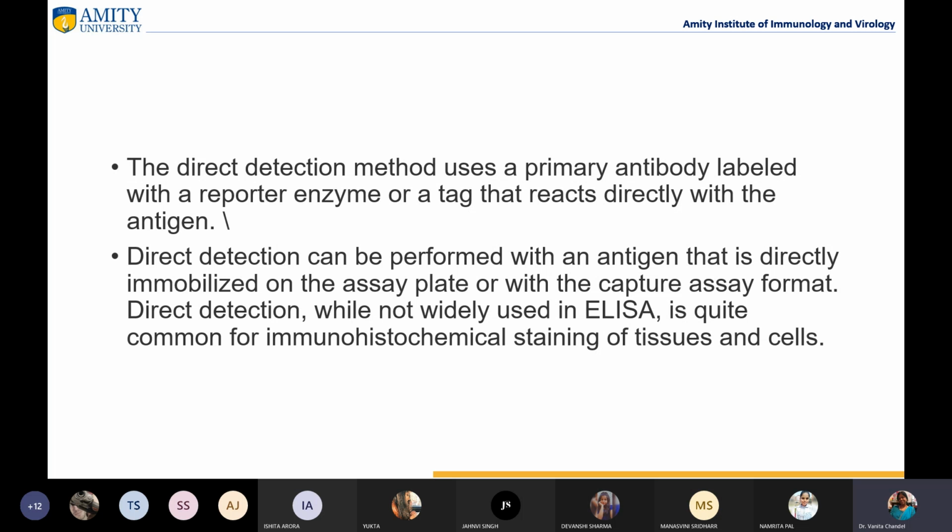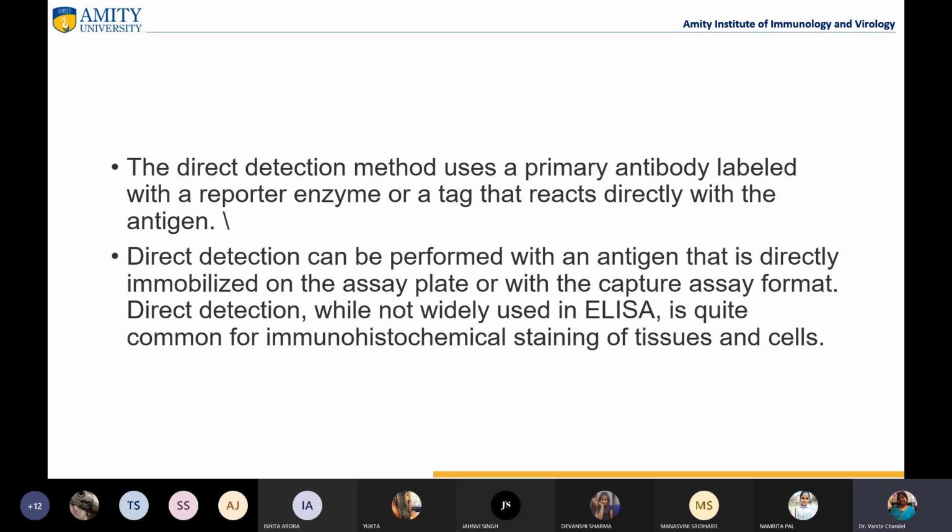So why do we use two antibodies, right? See, antibody is required for different applications, could be Western blotting or immunofluorescence also, right? But using the same primary antibody in multiple different assays often requires a secondary antibody. The primary antibody will detect the antigen, but the secondary antibody will have an enzyme or a fluorophore attached for the purpose of visualization, and it can bind to the primary antibody.